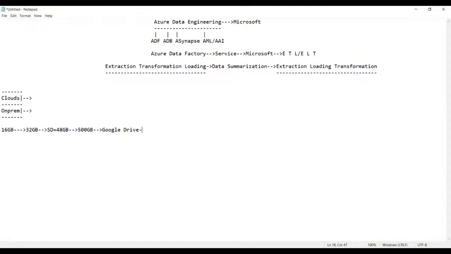The default memory provided by Google in Google Drive is 15 GB, and whenever you want 500 GB of data stored on your Google Drive, we have to buy the storage. So I pay something and buy it, and now I can store up to 500 GB of memory.